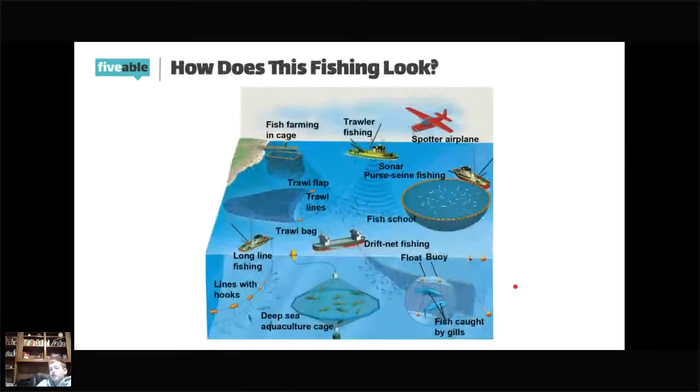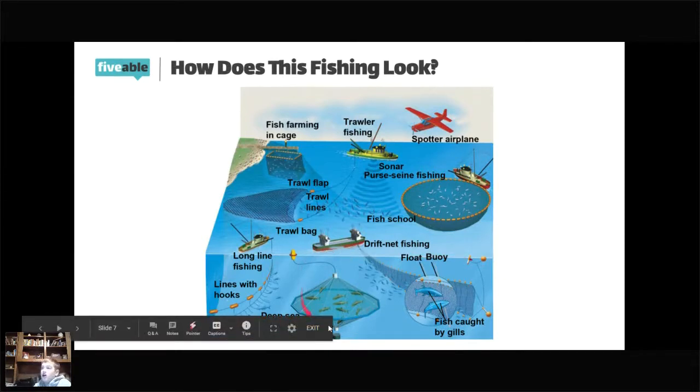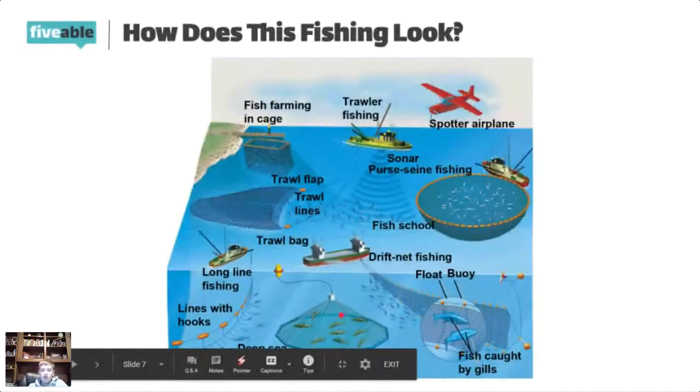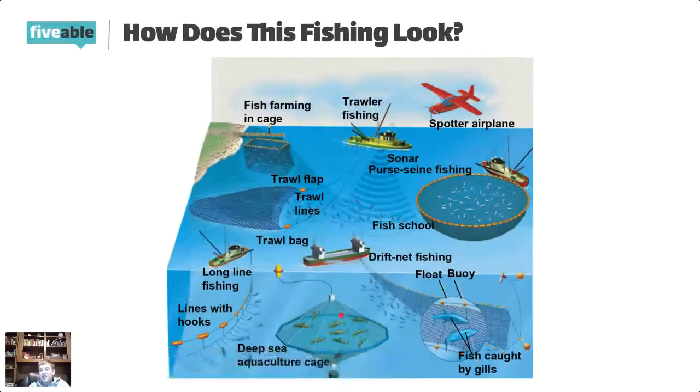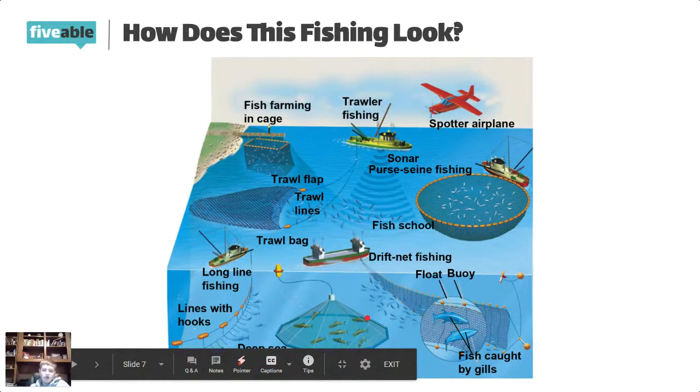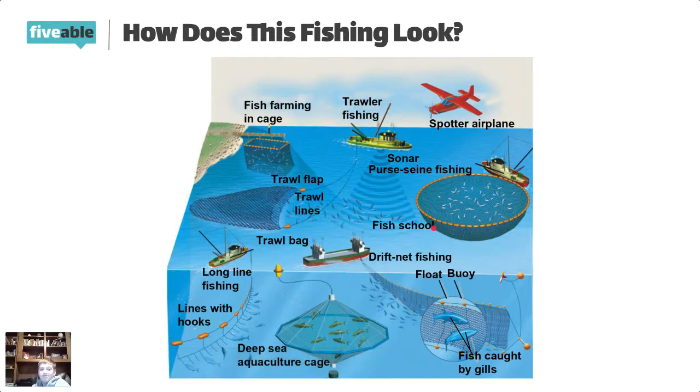Okay, and now I'm going to go over to this diagram because this also has another type of fishing that's not on the little board thing right here. But it's also a type of fishing that we use a lot. Deep sea, okay, so this is not the one, but deep sea aquaculture cage. That one is a little bit popular, but that's not a major one that we use in the United States. It takes a lot of time. It's for deep sea fishing. We don't have a lot of deep sea fishing in the US. I mean, we might, but fish farming in cages isn't the major type either. It's just not as popular. It's not on the diagram.